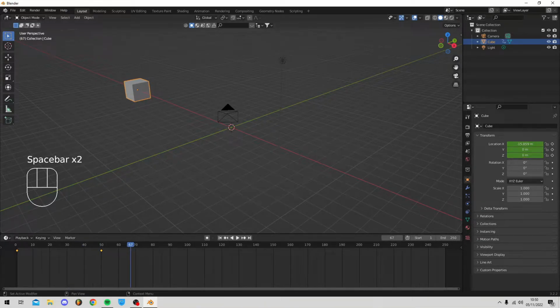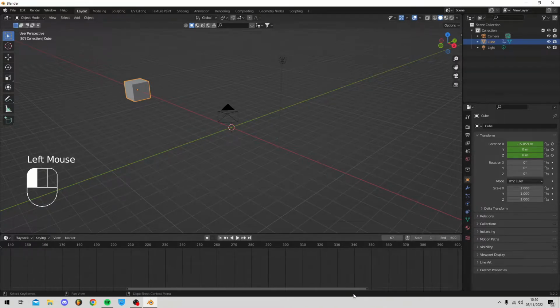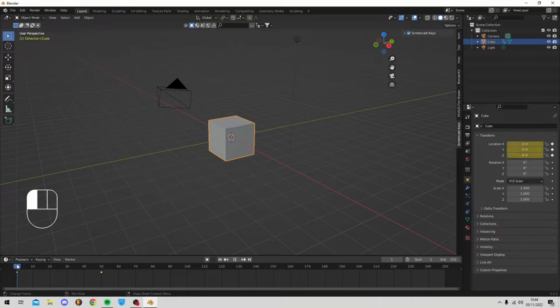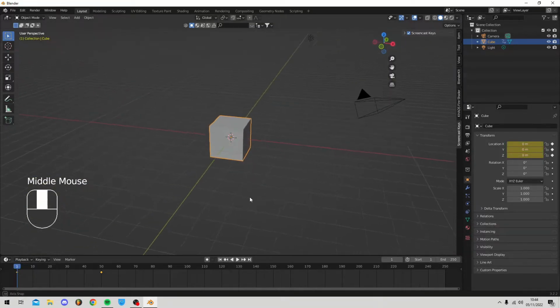We can increase the length of our timeline on the bottom right by increasing the end frame value. Hitting X allows us to delete keyframes from the timeline, and hitting G allows us to move keyframes through the timeline. As well as the location keyframes we recorded earlier, you can record rotation and scale keyframes also, which work